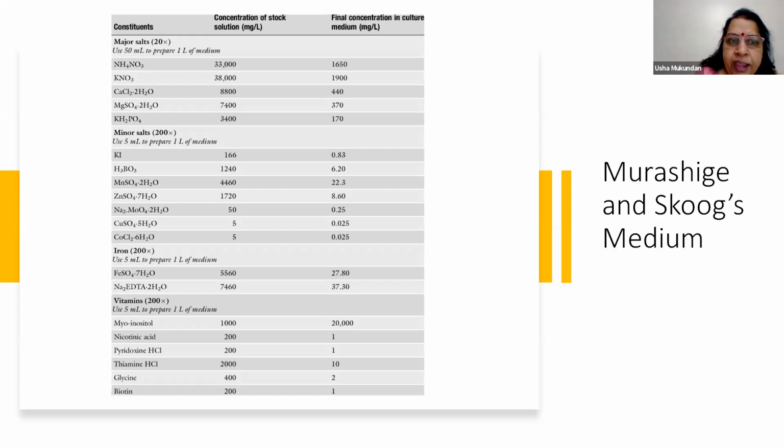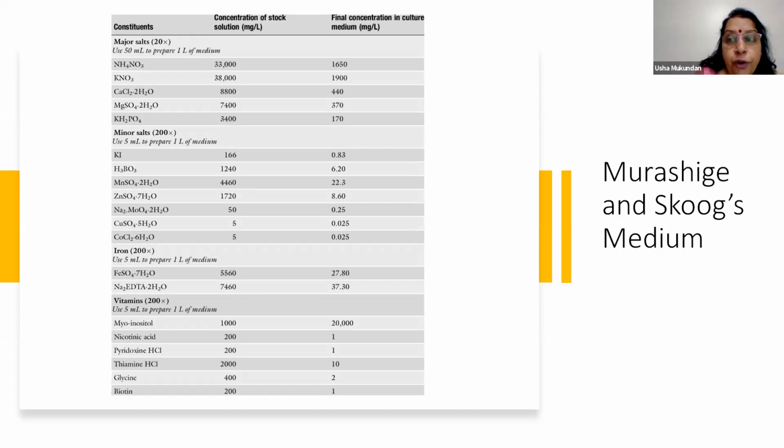Normally you make a 1 liter stock solution so that you can make media 4 or 5 times. But whenever you are taking the stock solution, you have to ensure that it is without any contamination. You're not sterilizing the stock solution. Are you understanding what I'm talking? Yes or no? Answer. Yes, ma'am. So what is your stock solution? Concentrated. How much? 20x it is.